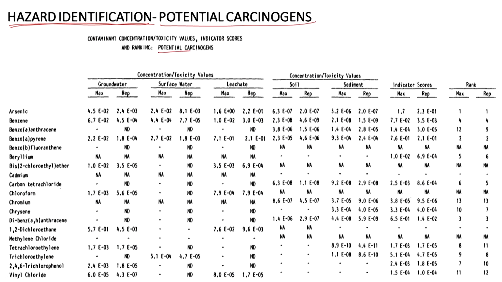So here we are looking at potential carcinogens, and they come up with a ranking and indicator scores. And why do we need to come up with ranking and indicator scores, right? Because we are going to look at which particular compounds we are going to pay more attention to. So obviously that's going to depend upon factors like how toxic or how carcinogenic the compound is. Usually if it's carcinogenic, people do take that into consideration for remedial action, right?